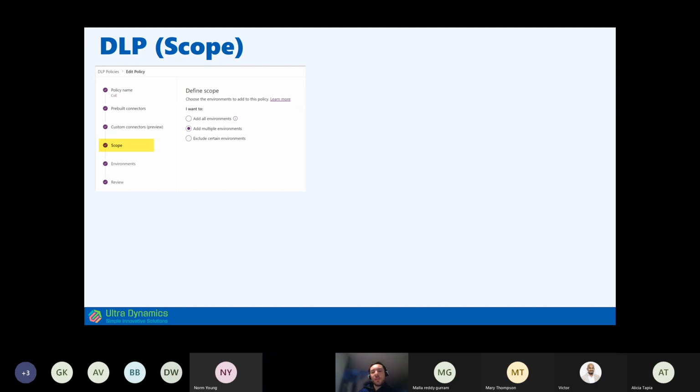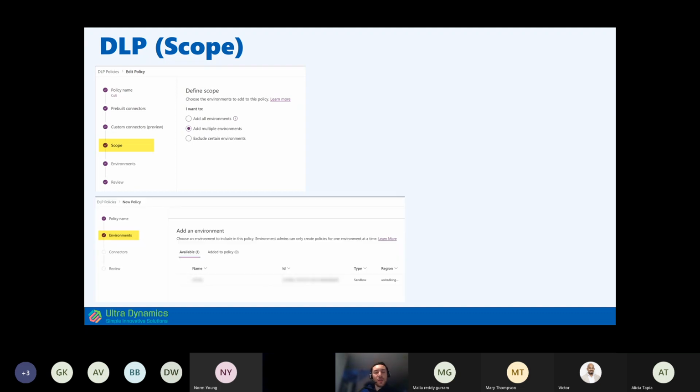If you don't have these permissions and you're creating a policy, this policy will typically be an environment policy. So you can only apply it to the environments where you're a system administrator. So if you're a system administrator in one of the Dataverse environments, you can create a policy for that specific environment. And as you can see, the steps are reduced in that policy. So the only thing you can really configure is the environments, and these will be the environments you've got access